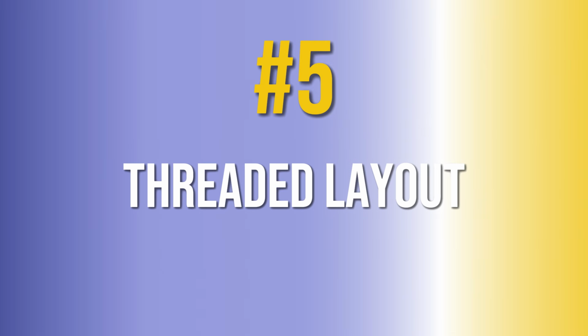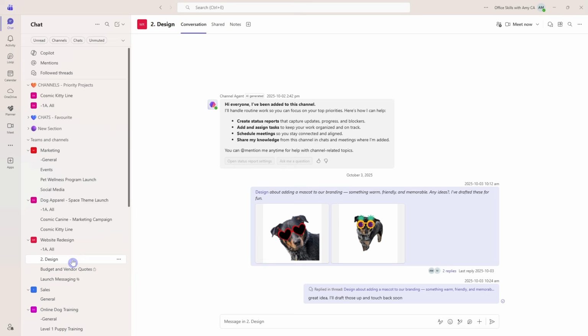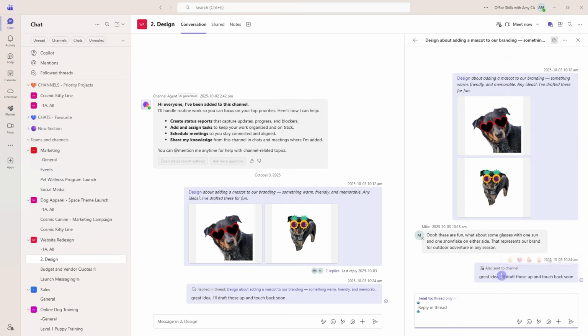Number 5 is the new threaded layout for channel conversations. So in this channel here, we can see that we have a conversation going as a post, which is the traditional way to have a conversation inside of a Teams channel. However, Microsoft released a new feature which allows us to have threaded conversations. So we'll see that this message here has 2 replies, and then this opens up the conversation in a threaded